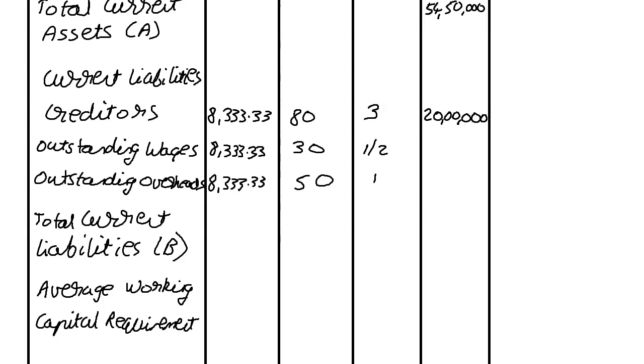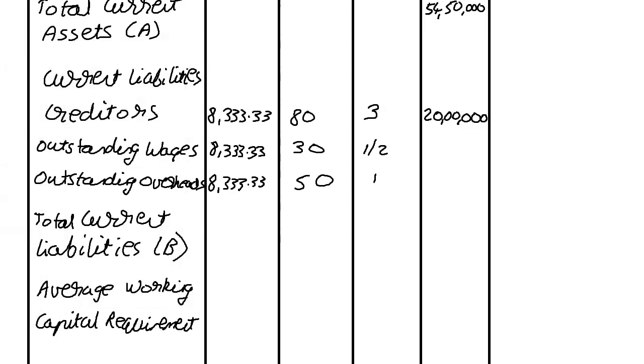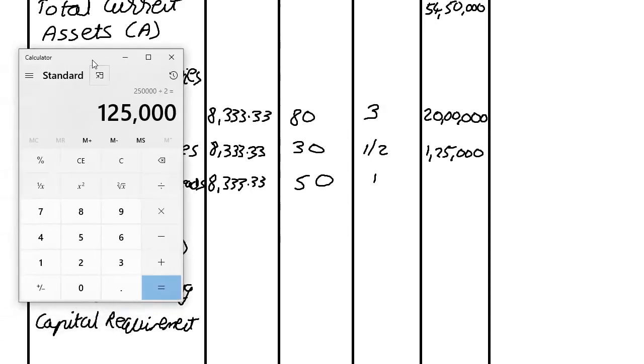Then we repeat the same thing. Okay, so 1 lakh upon 12 into 30 into 1 by 2, which gives us 1,25,000. Then we have